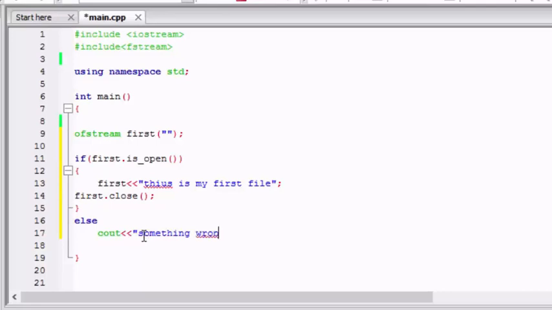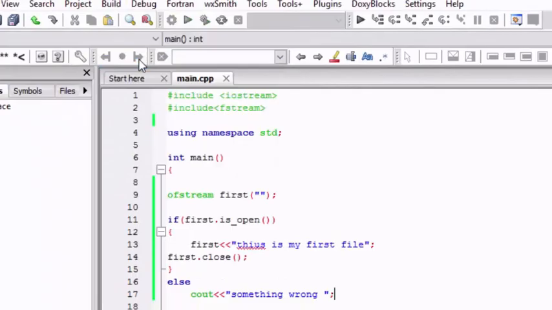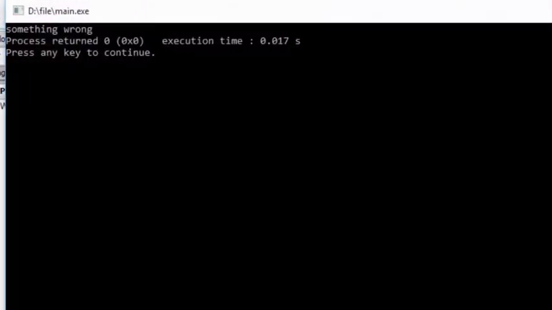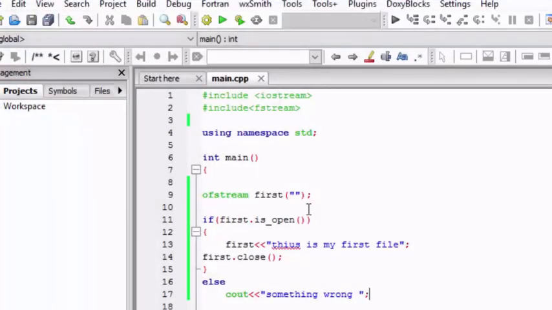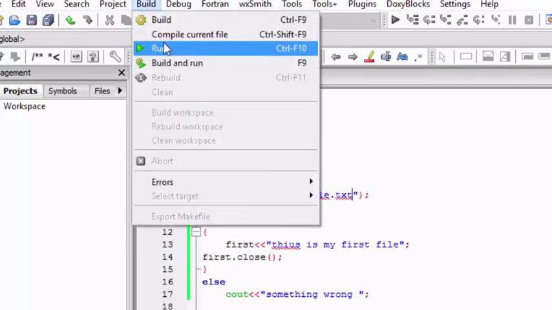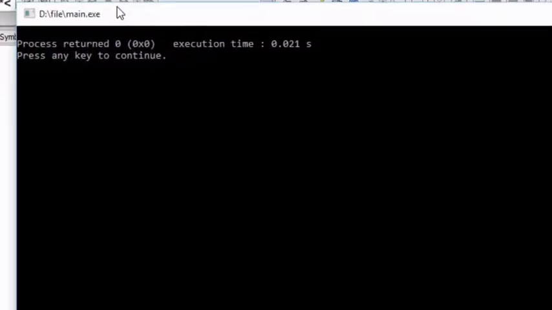So this statement will get printed on the command prompt if we have forgotten to open the file. You can see it here that I have not given any name to the file, I have not opened the file, so it will give an error. And as soon as I give the name and open that file, it will read this if statement and create that particular file.